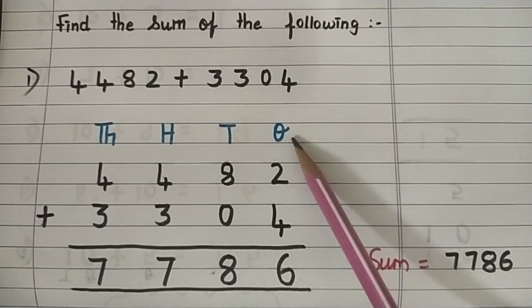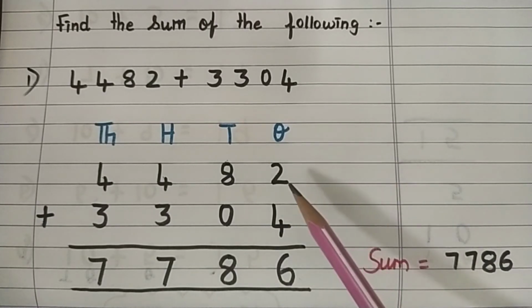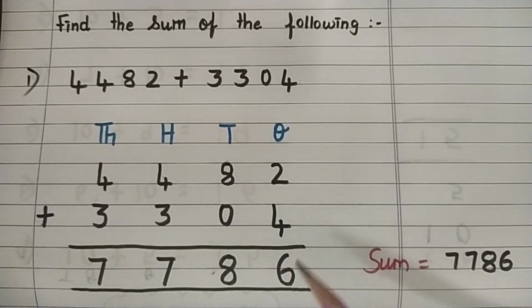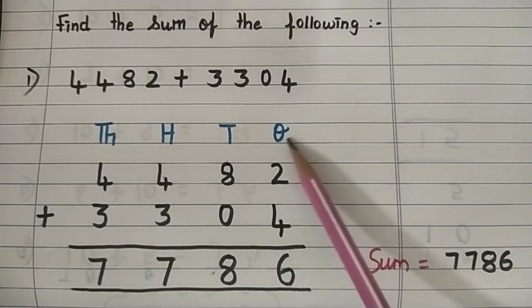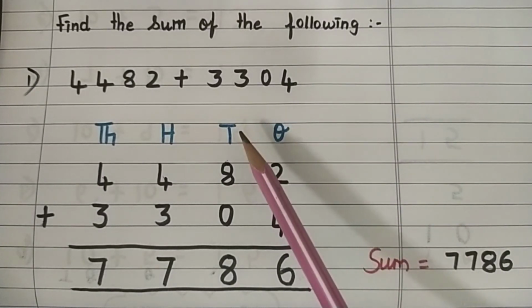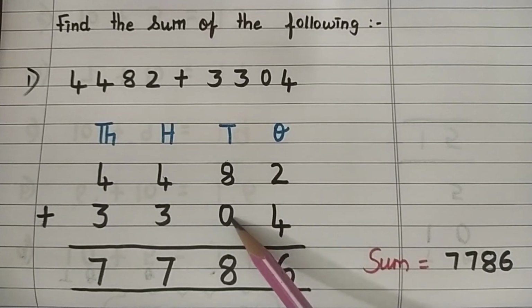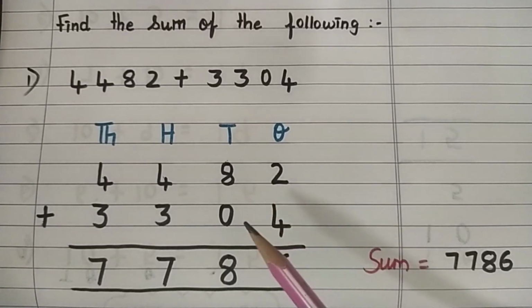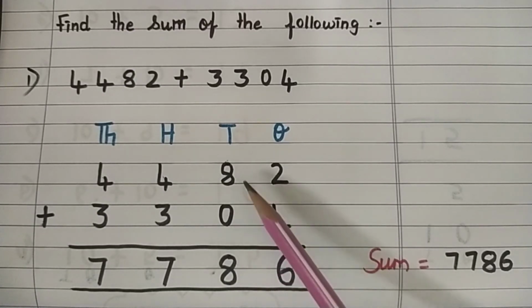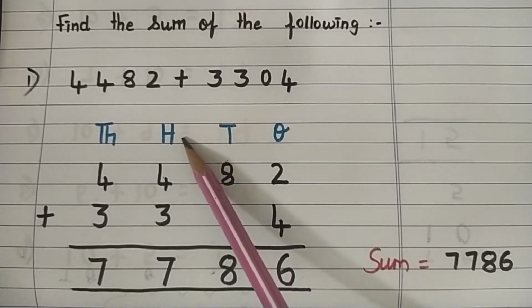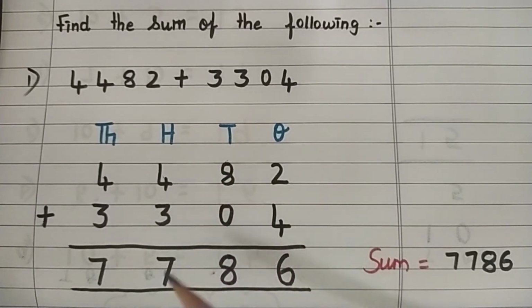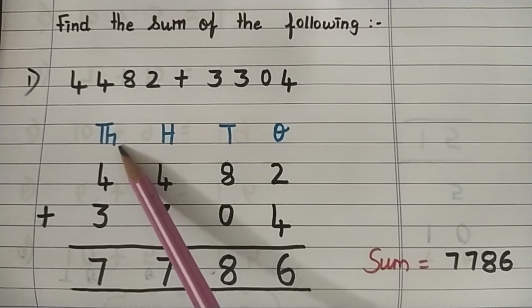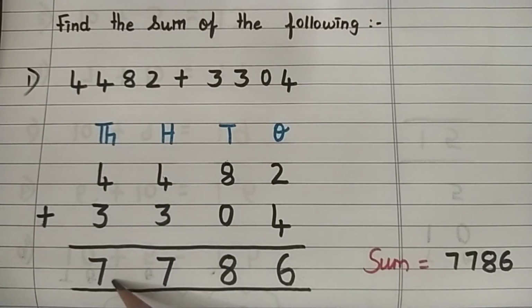Step 1. Add the ones column. In the ones column, we have 2 plus 4. 2 plus 4 gives 6. After adding the ones column, moving to the tens column. In the tens column, we have 8 plus 0. 8 plus 0 gives the same number. Remember the rule of addition, children: when any number is added with 0, it gives the same number. So, the same number 8. Moving to the hundreds column, 4 plus 3 gives 7. Moving to the thousands column, 4 plus 3 gives 7. So therefore, the sum is